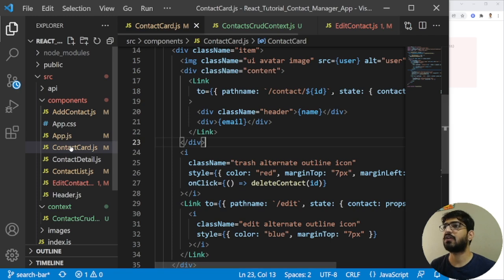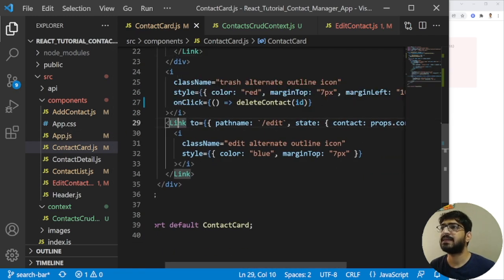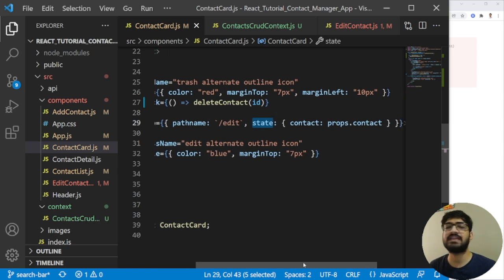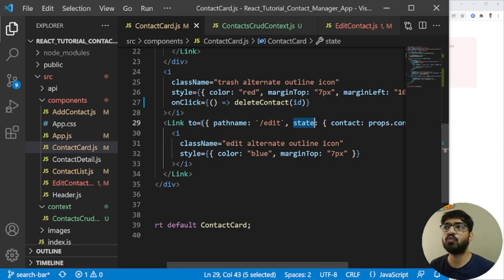If I go to the contact card, and inside the contact card, you will see here that we have the link, and then we have a pathname, which is the edit, and then we used to pass a state. And this state was the actual contact which we want to edit. But since we are using React Router DOM version 6, we have to make a bit of change in this link. So what we are going to do here is that we will have the link, the to will be as it is. And then what we need to do here is that I'm going to change this,